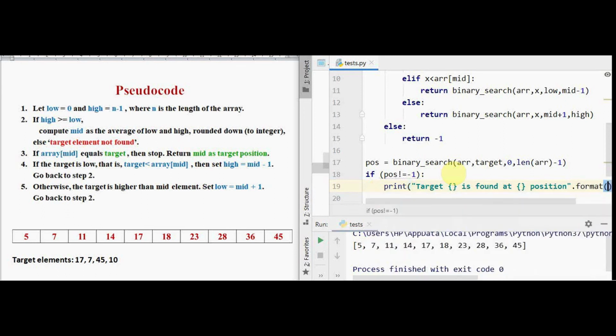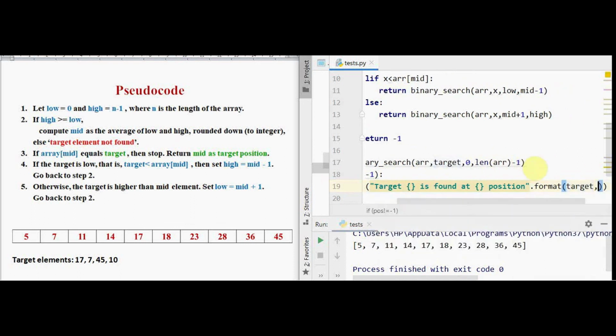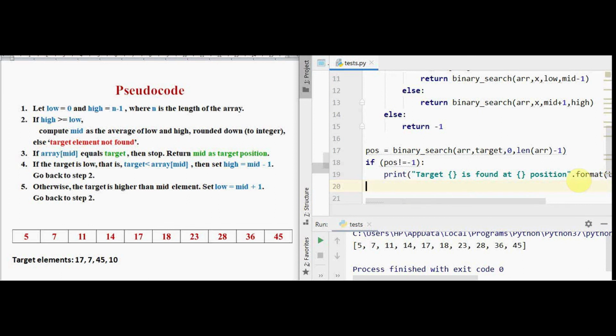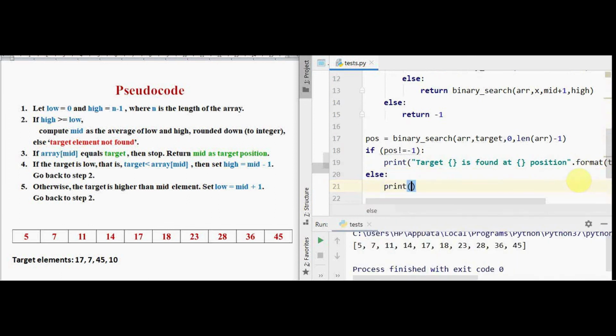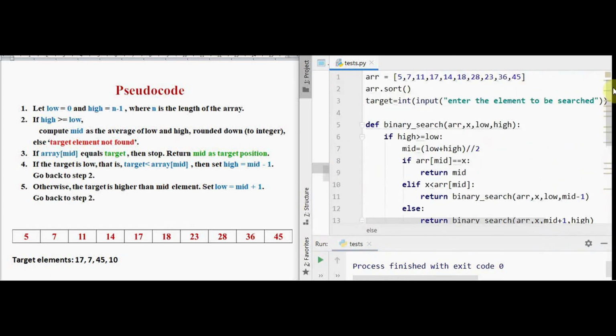For the first one I am going to pass the target element, comma, and the position obtained in POS. Else, if the position is equal to minus 1, it means the target is not found. Target is not found in the array. That's it. So we have written the binary search algorithm.